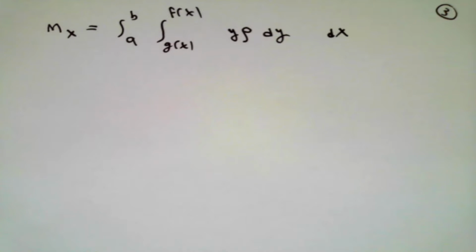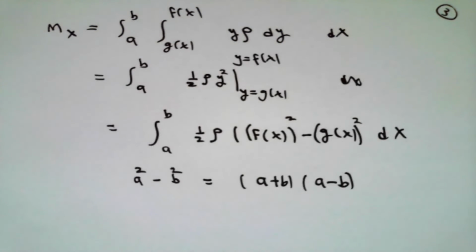Again, rho is the constant mass density. This time inside the inner integral, I have a factor of y. The inside antiderivative is 1/2 times constant rho times y squared, and I have to evaluate that between y equal g of x and y equal f of x. This time the result looks very strange. It's the integral from a to b of 1/2 times the constant mass density times the square of f of x minus the square of g of x with respect to x,